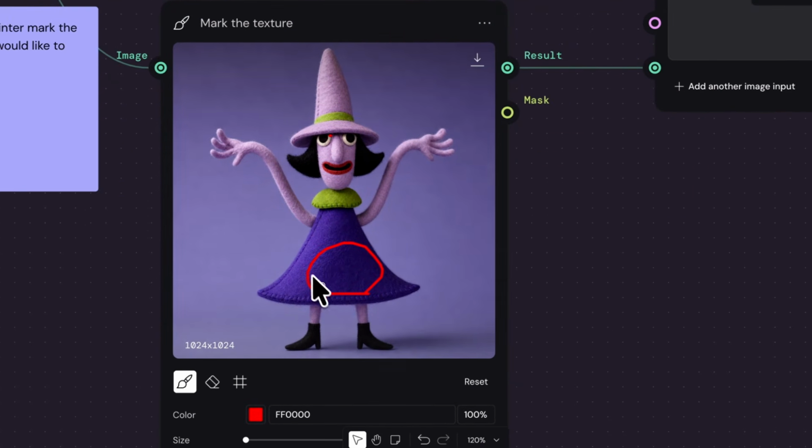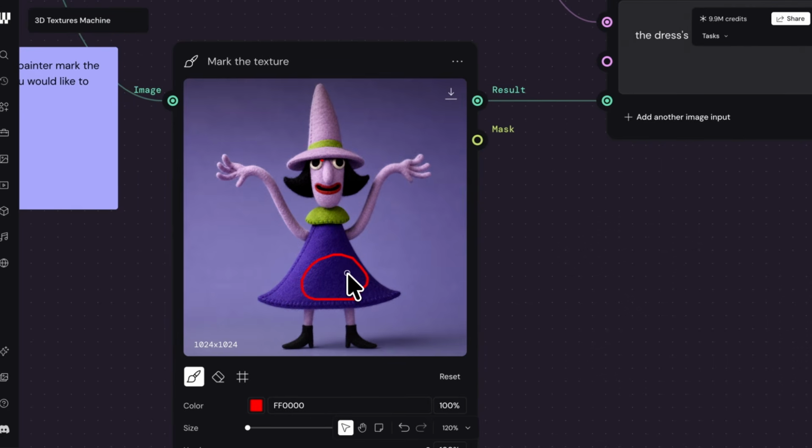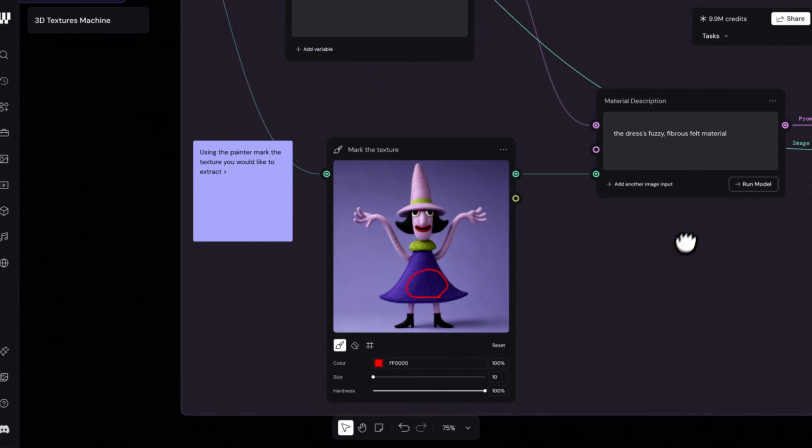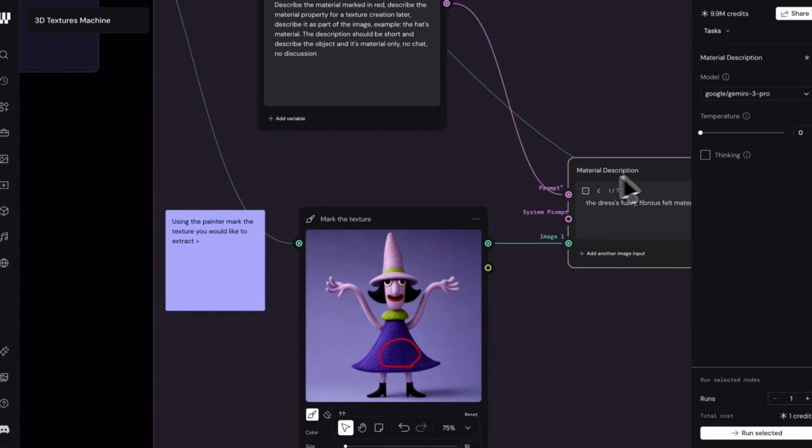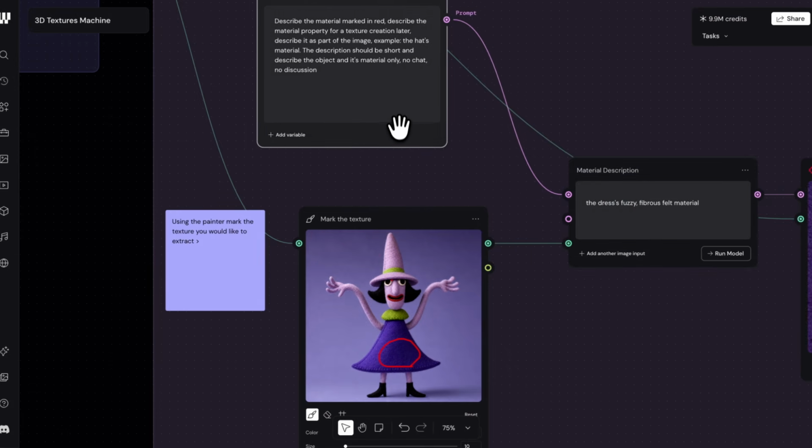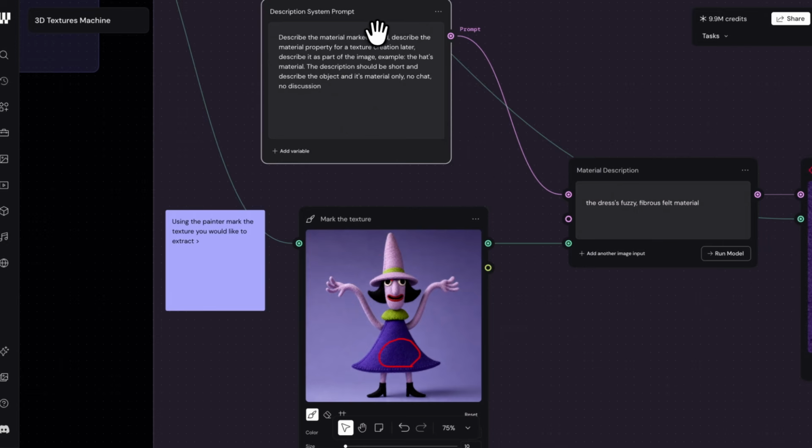In this case, I want to extract the felt material, but I need to describe it. And I don't want to do it manually, because I might not be able to describe it well. So I'm connecting it to an LLM. The LLM here, which I named Material Description, has a guidance. The prompt is to describe the material marked in red. Describe the material property for texture creation later. And you can see, whatever I mark in red, once I run the LLM, it will give us a